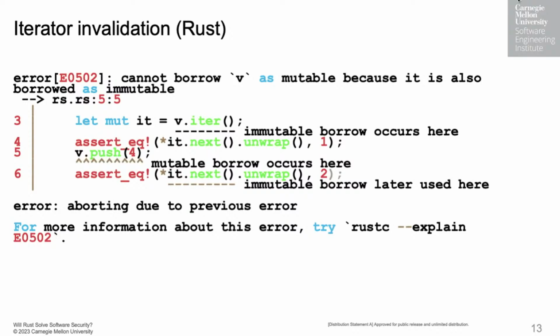Colorful. What it's saying here is, when you created the iterator, you immutably borrowed the vector. And then when you push an element into the vector, that mutably borrows it. But the immutable borrow is still there since you used the iterator afterwards. So this would have an immutable and a mutable borrow at the same time, which you said wasn't allowed. Rust tries to explain in detail why that's not okay and why it could be a problem. The error message it's giving you is based upon its own borrow checker's model. To understand this error, you have to understand the borrow checker.